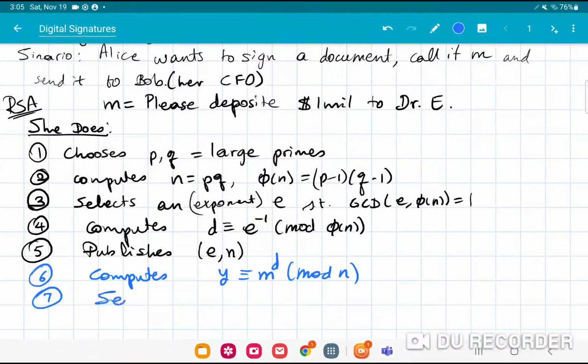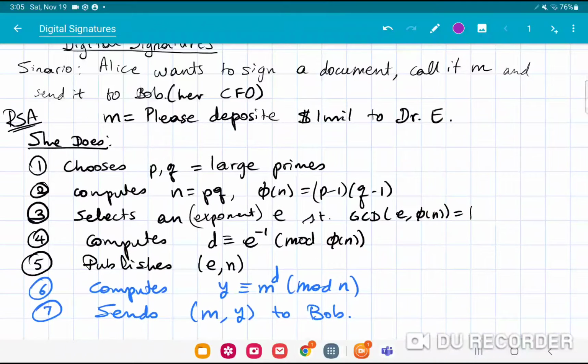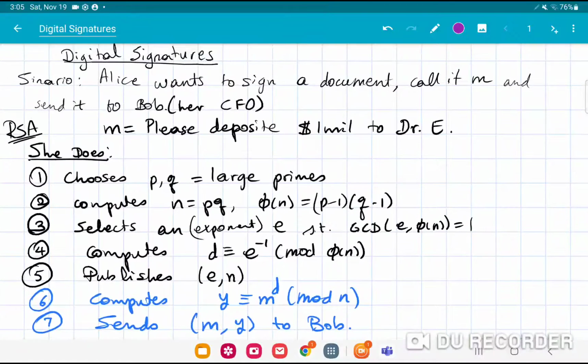So she sends the message in the clear and y to Bob. So what does Bob do? On his side, Bob wants to verify that she signed it so he can transfer the money. Okay, Bob has to find out that she signed the document. Okay, and Bob has this public information, so he can calculate,